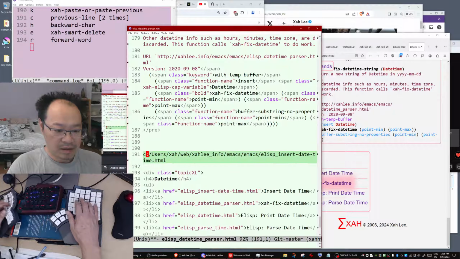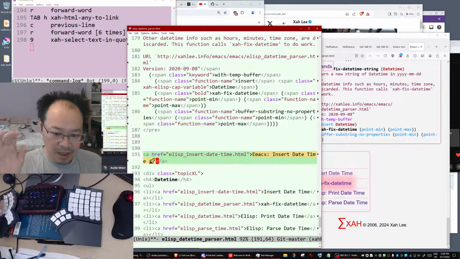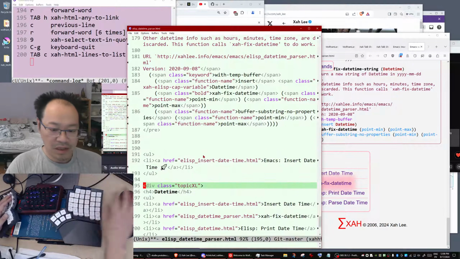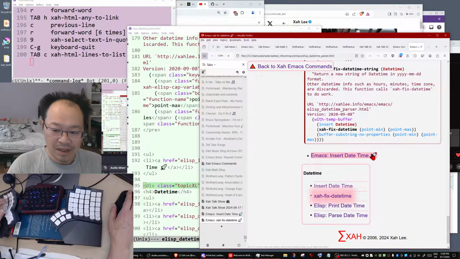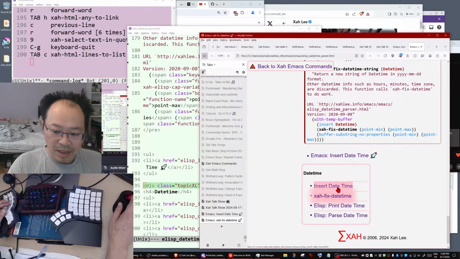You see the title on that page is insert datetime plus a rocket. A rocket sign means it's my own command. It's not part of Emacs, so it's like an enhanced command. So anyway, we want to rename that to that.